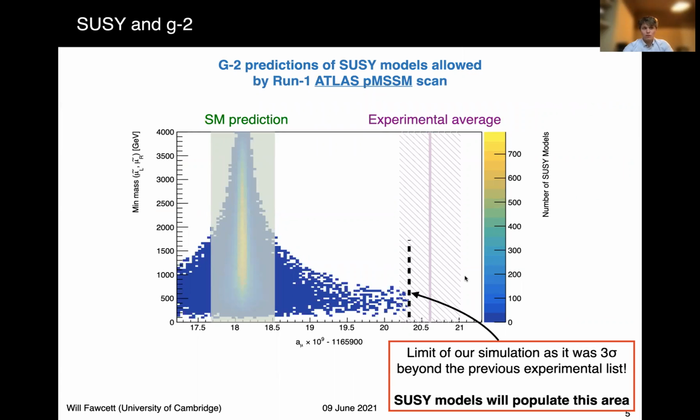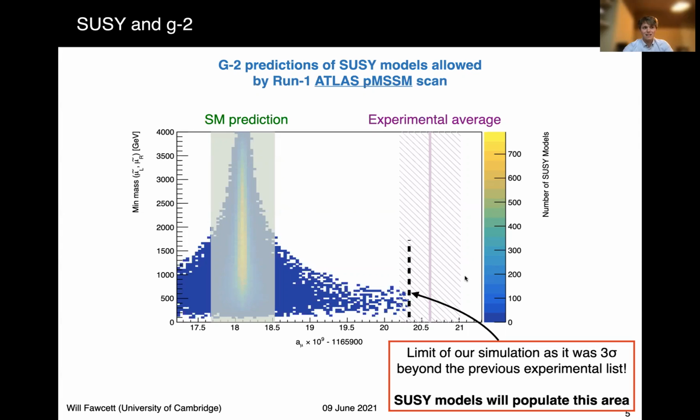There's a lot of motivation for SUSY, which I won't go into here, but the updated g-2 result gives us a nice reminder. Here I show SUSY models of lots of different kinds simulated by ATLAS for the run-1 pMSSM scan. Each bin of this 2D plot contains many viable SUSY models.